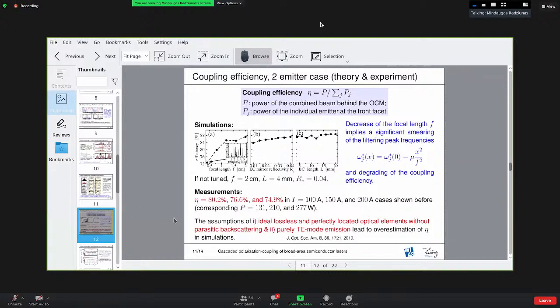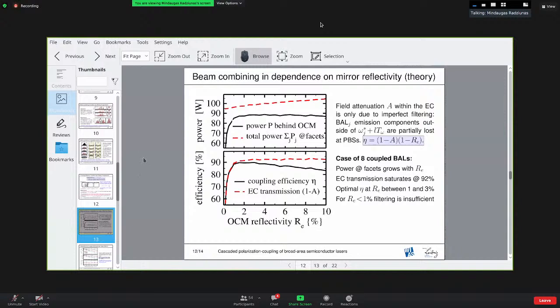And I'm assuming single mode emission from the emitters, which is not the case in the experiments. So that's the discrepancy between these coupling efficiency factors. Okay, next. In the next figure, I am showing an example of 8 emitters. And looking at the lower diagram, at the red curve, I see that